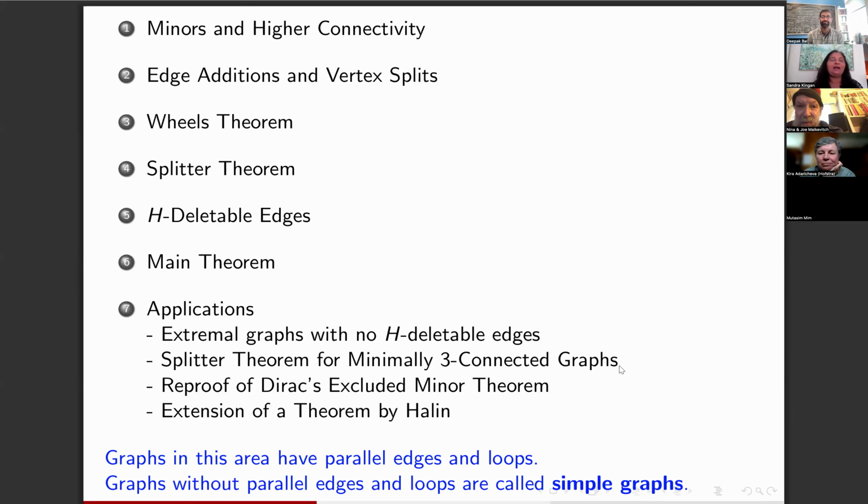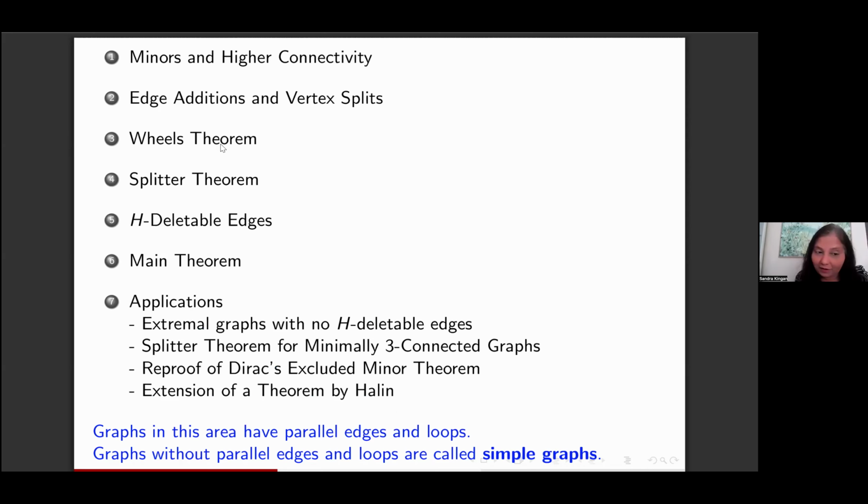So we will go through minors and higher connectivity, and I will go slow in the beginning in case there are any graduate students here, or hopefully for future graduate students who will be listening to this. Edge additions and vertex splits, Wheel's theorem, splitter theorem, H-deletable edges, the main theorem in this paper, and then some applications. So the first thing I want to note is that the graphs in this area